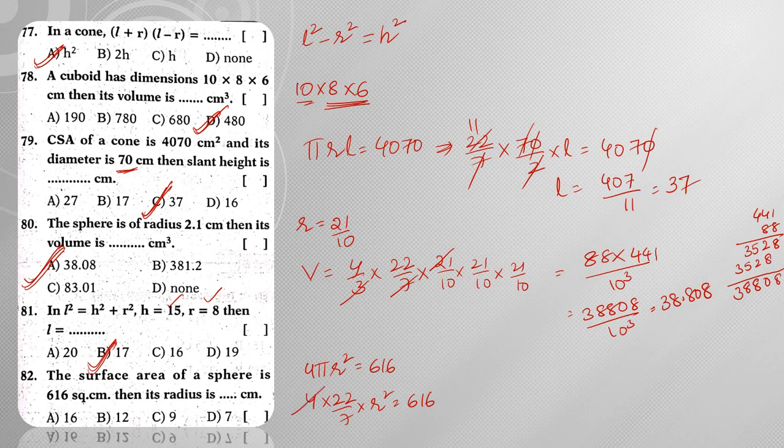Now in the 4 table, 4 ones are 4. So 21. So 4 5s are 20. Next, 20 means 16 will be left. So 4 4s are 16. Next 22 7s are 154. So already we know that r square is equal to 7 square. So from this r is equal to 7. Hence radius is 7 centimeters.